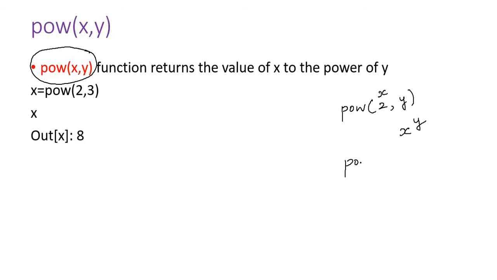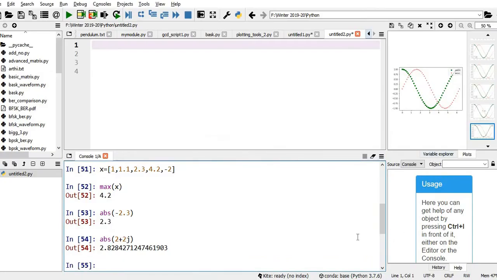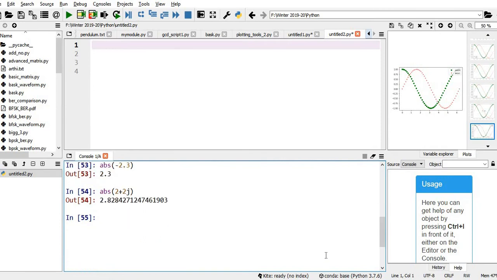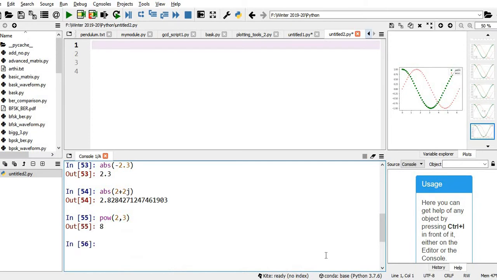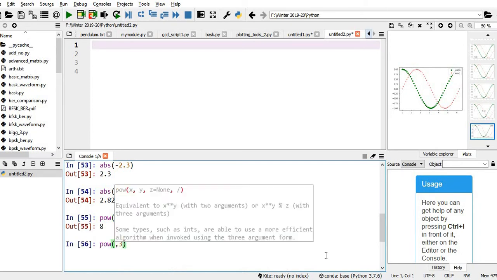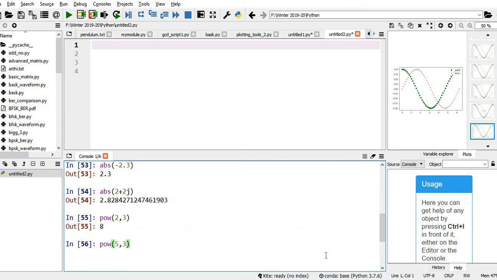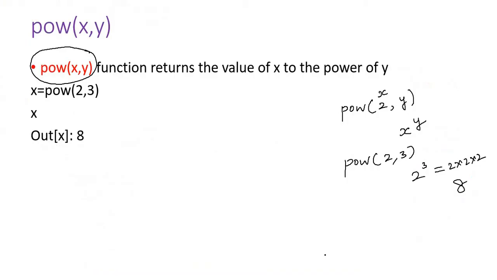For example, power of 2 comma 3 finds 2 power 3, which is 2 into 2 into 2, 8. So we'll test this. Power of 2 comma 3 gives 8. Let me give 5 comma 3. It has to give 125. Yeah, we are getting the answer.